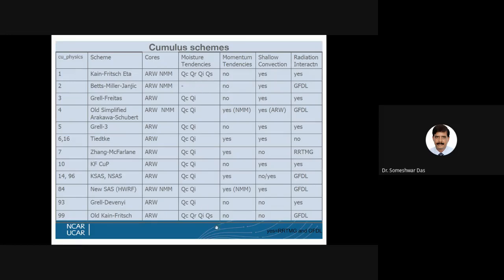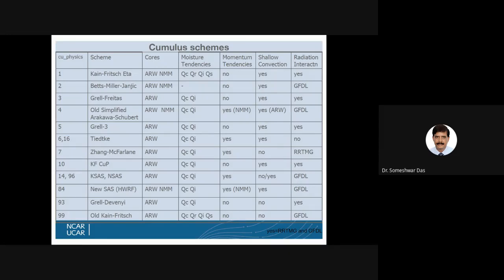So this table summarizes all that. You can see how many options are there for convection: 1, 2, 3, 4, 5, 6, 7, 8, 9, 10, 11, 12. There are 12 options available for different cumulus parameterization schemes in the model.